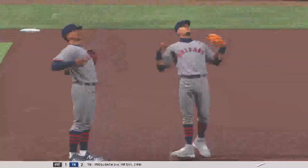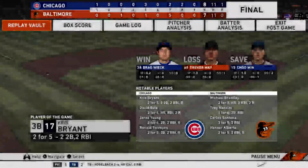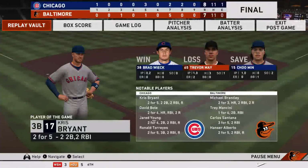Man, that's what you would call an efficient outing. 1 pitch and he gets the save. He doesn't get paid by the pitch, so he just figured he'd end it quickly and hit the showers. Good call. A 1-run finish, an 8-7 game tonight. Chicago came through late, taking the lead in the 8th to secure